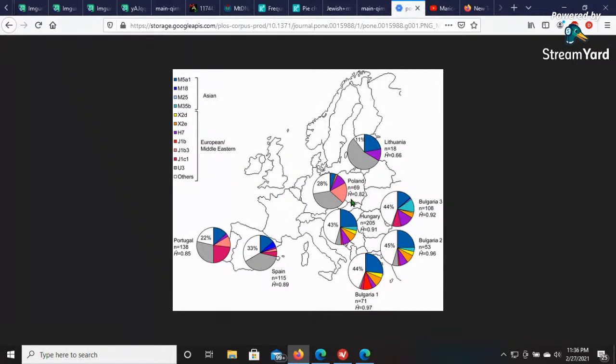So in this ethnic group in Europe, there is only less than a quarter, sometimes more than a quarter, of Asian MtDNA. So what this means is that there's, I guess imbalance is not the word, but imbalance of paternal DNA versus maternal DNA, which means the autosomal DNA is majority Middle Eastern in Europe, which I knew all along,